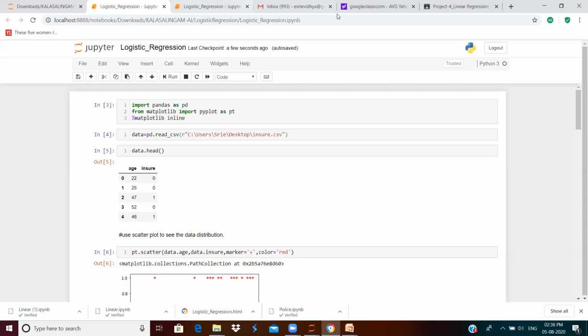First we will have to import our data. The screen is not shared, ma'am. Yes, ma'am. Okay.